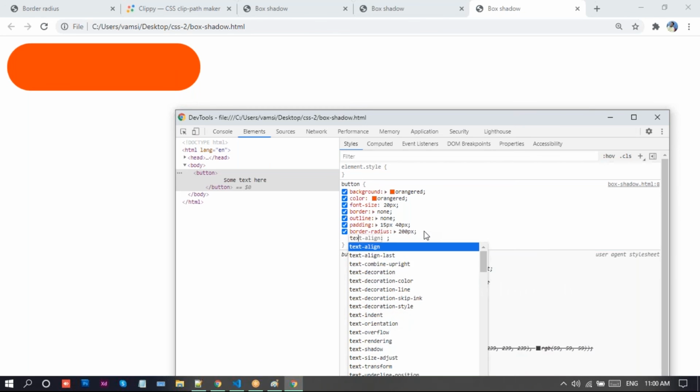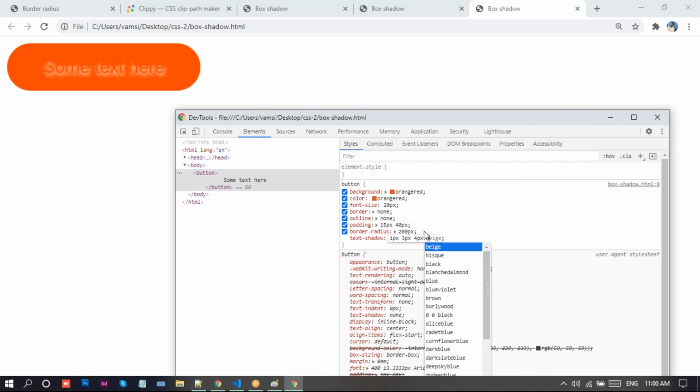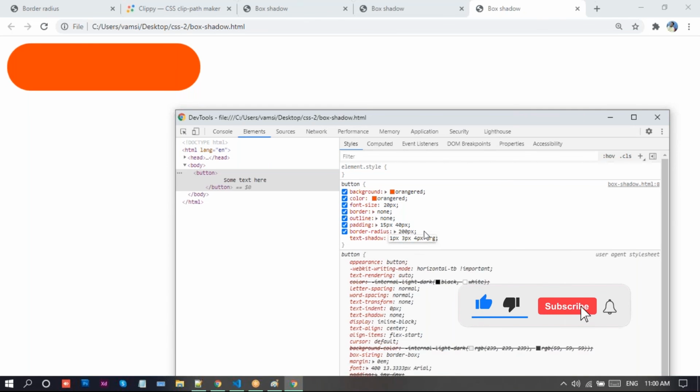Now here, I'll apply text shadow. Text shadow 1 pixel, 3 pixels, 4 pixels, black color, or if you want you can give white there, or else do one thing, RGBA, and we can provide 0, 0, 0, 0.1, and if you increase this value to 0.4 or 5, 0.7 I think.